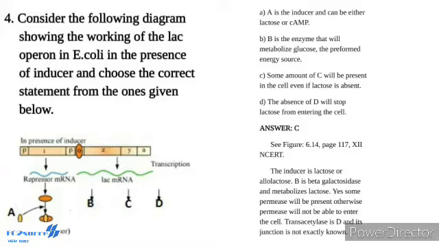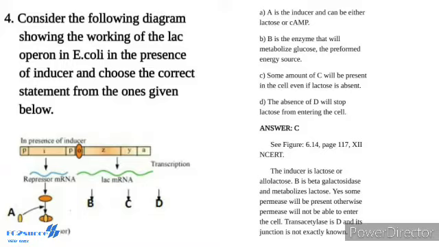The lac operon consists of one regulatory gene, that is the i gene. Here the term i does not refer to inducer, rather it is derived from the word inhibitor, and the three structural genes, namely z, y and a. The i gene codes for the repressor of the lac operon.